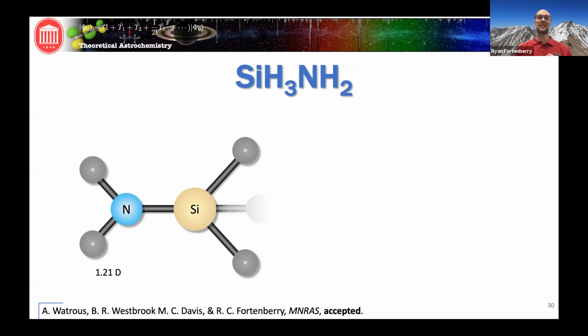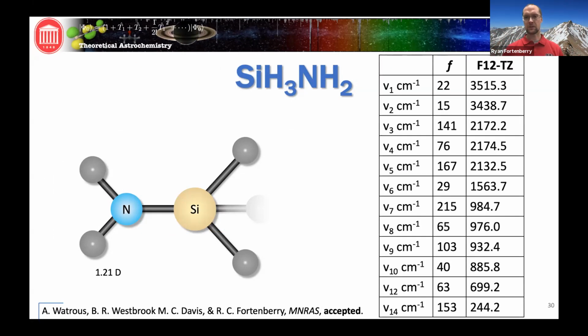molecule is it has the same connectivity as our AlH3 water dative bonded structure. So we were able to use similar materials that we had generated for that, but we get vibrational frequencies for these bending and stretching modes on the silicon portion that are fairly large.